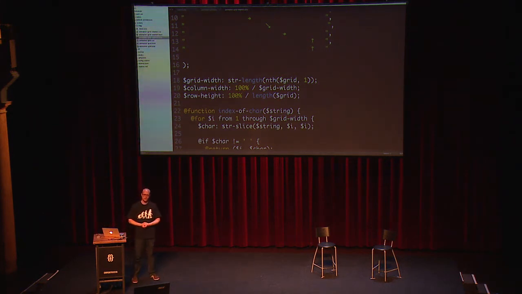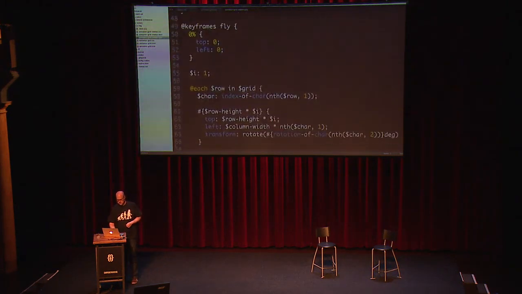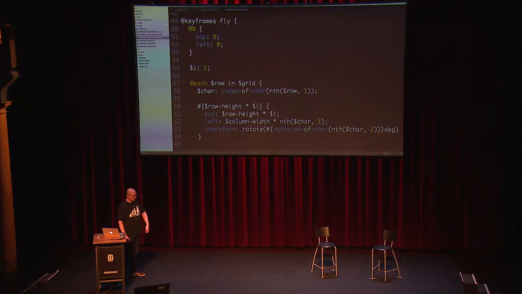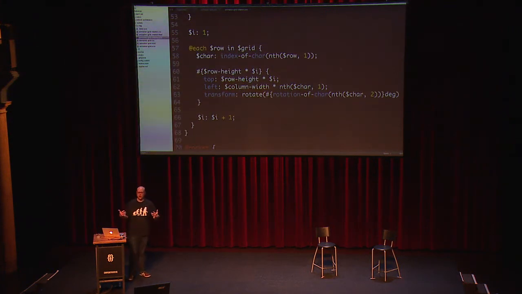Take the column width, which is 100% divided by the number of columns, and the row height is going to be 100% divided by the number of items in this grid. From there is going to be some keyframes, always starting at the top left position. And then for each row in the grid, loop over each row, so do this 10 times. And then there's a custom index of character function